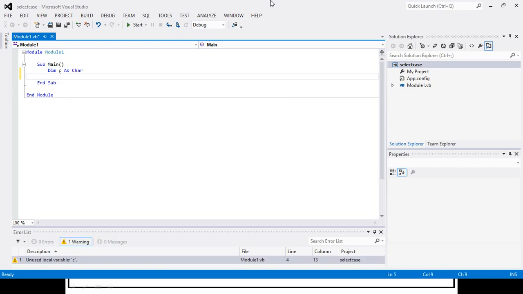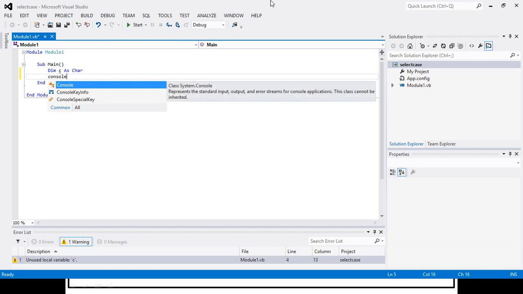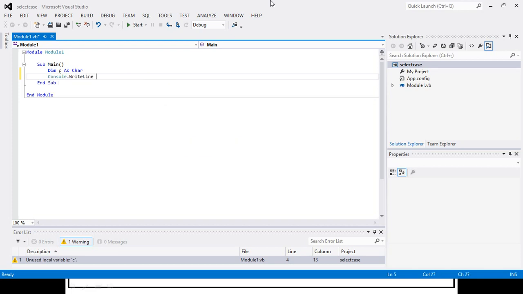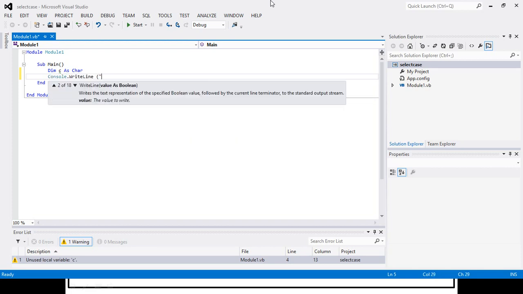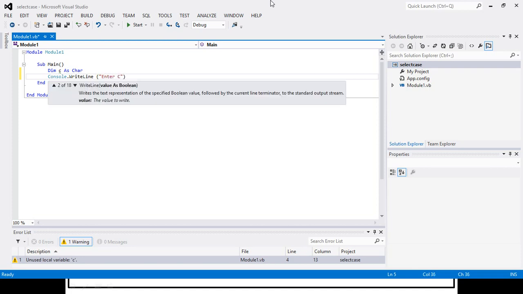and I will read the value of this character using read line, but before that I will give a message to the user for entering what he wants. So Console.WriteLine, and here I will write the message: Enter character.